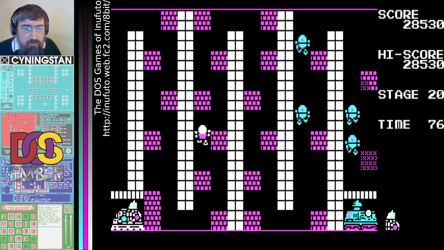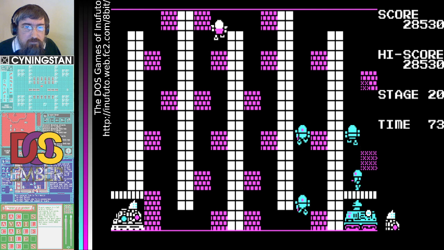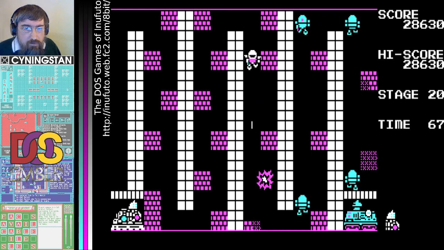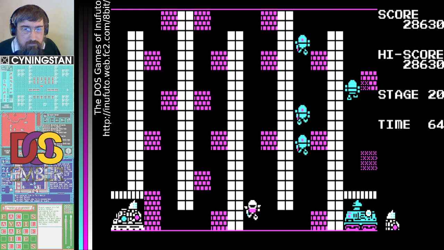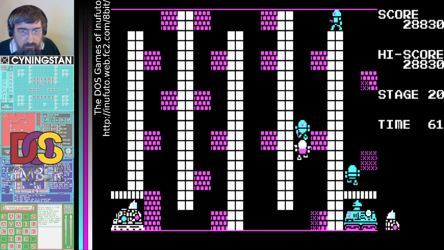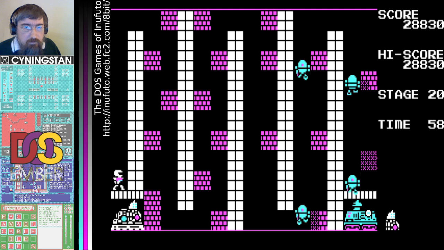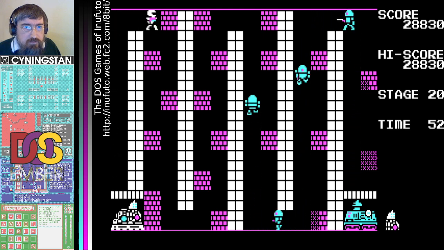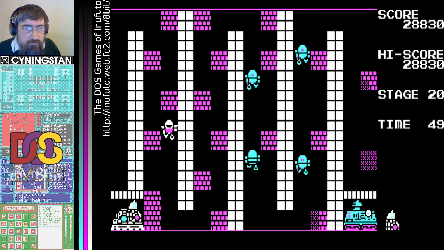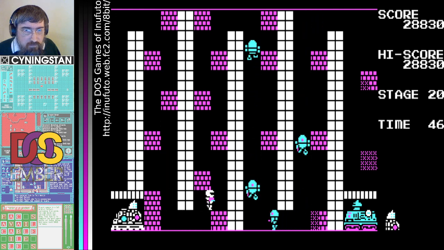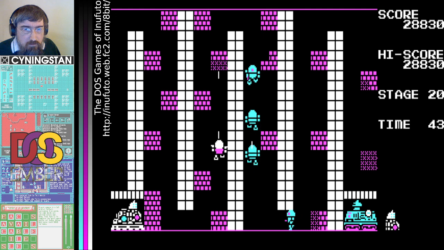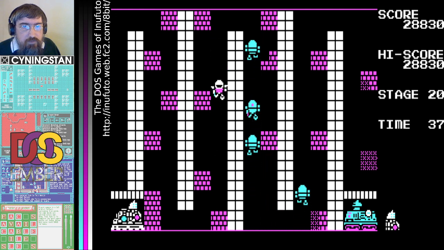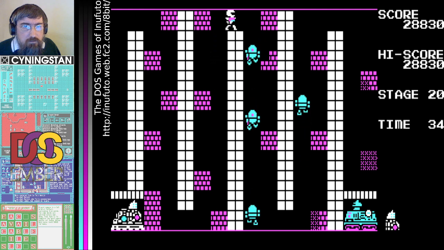Okay, this is going to be slightly more challenging because they are making their way. Okay, running into them is not the best strategy, even if I am firing continuously. Yeah, they don't seem to be able to find the way around here.